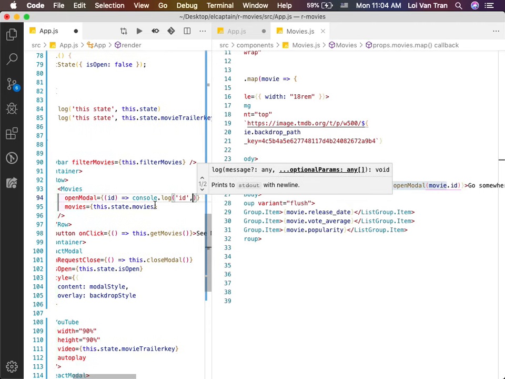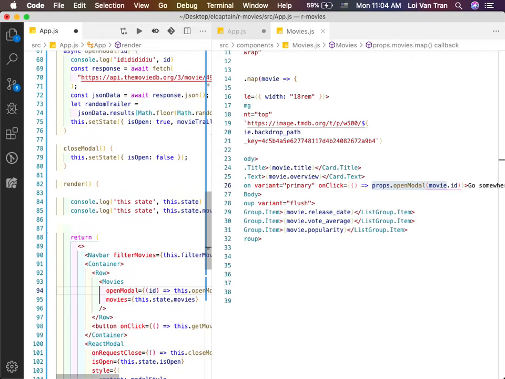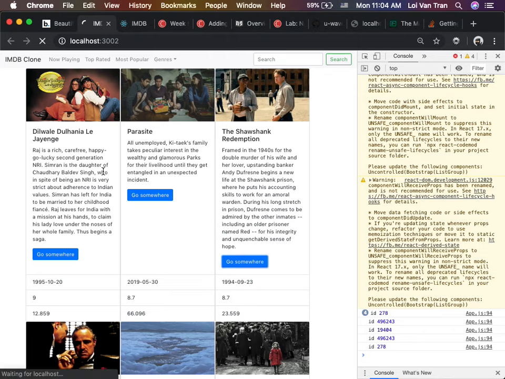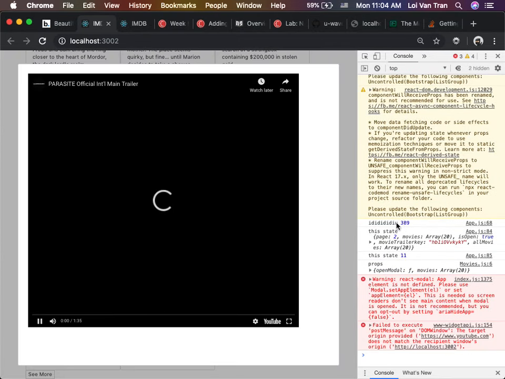Okay, so what were we trying to do when we fire this? We just want to pass that function to what? What do we want to pass it to, guys? To our open modal. Okay, we're just forwarding it. And now, in a moment, we're going to see line 68 that we have an ID. We have an ID there. So if I scroll, click one, we do have an ID.